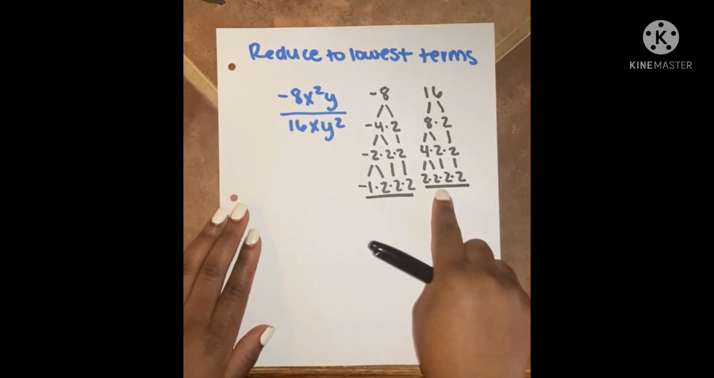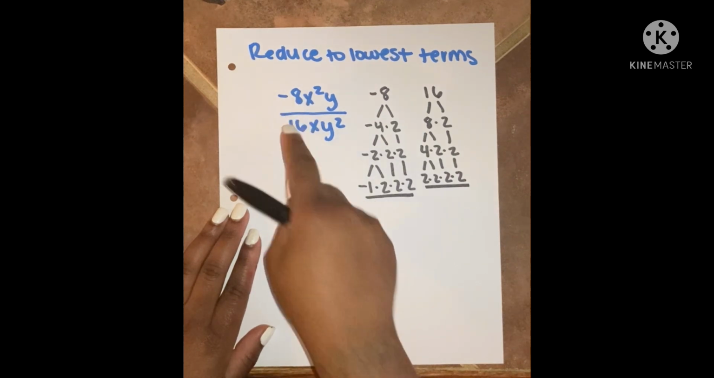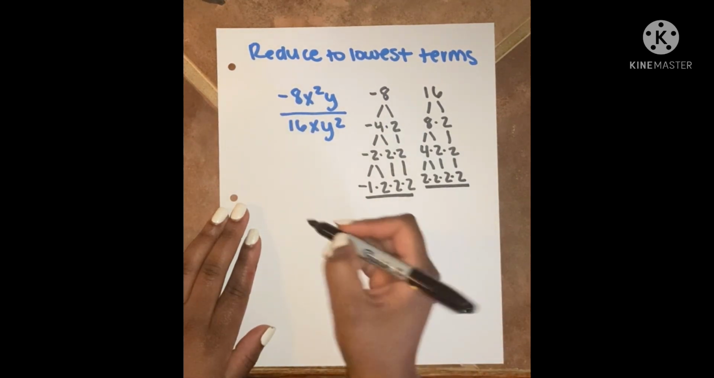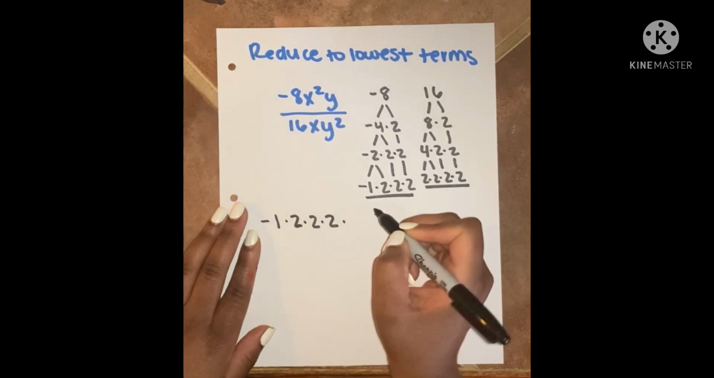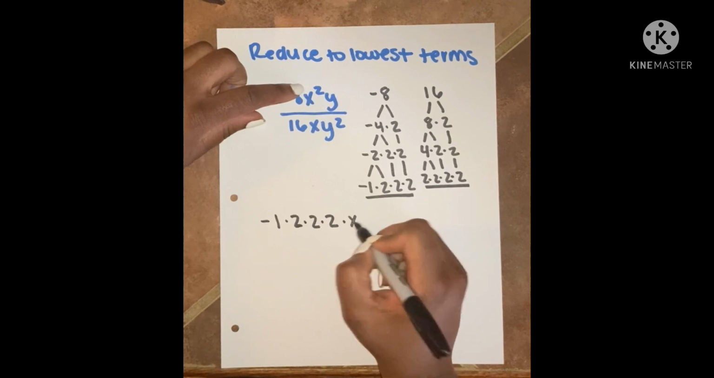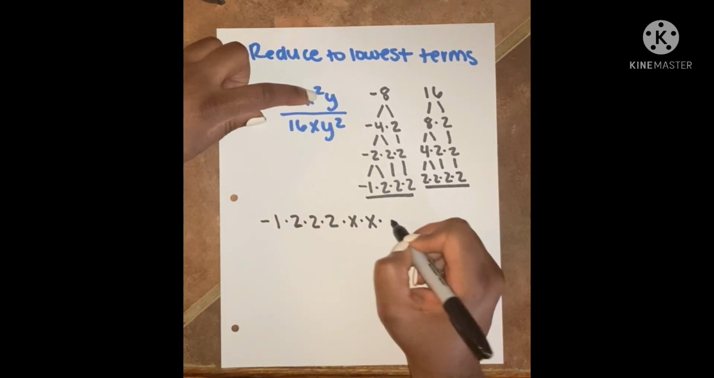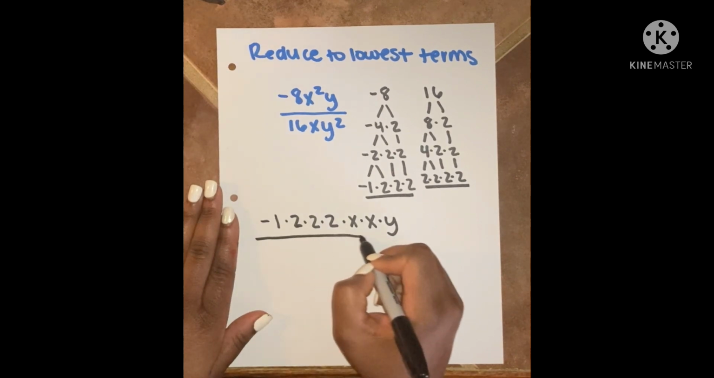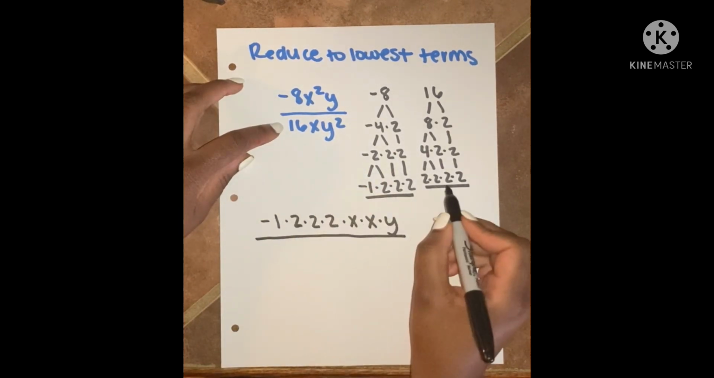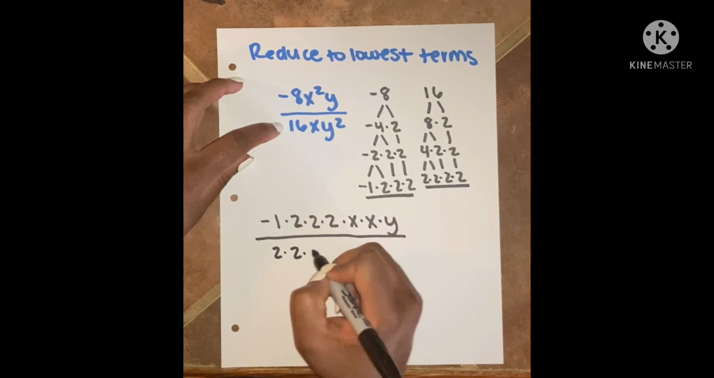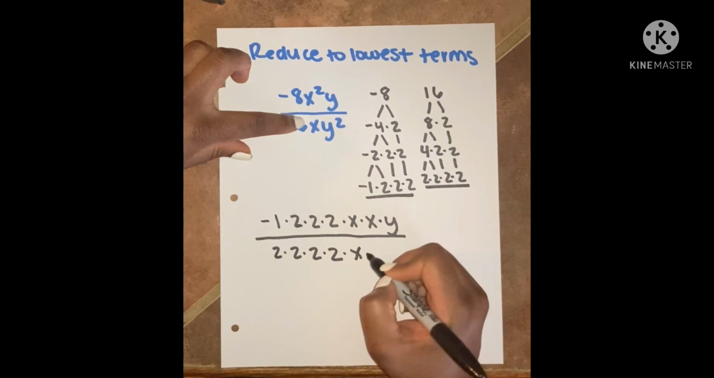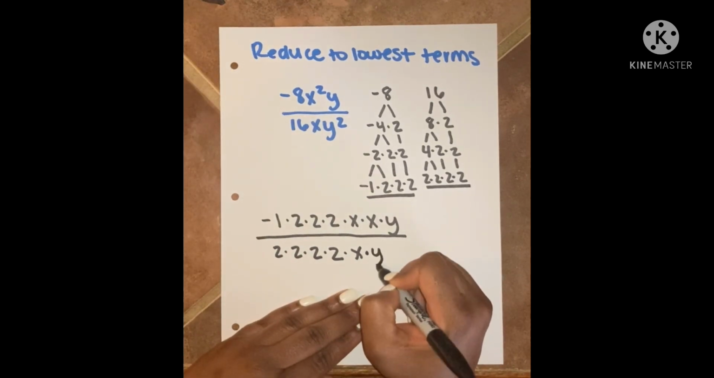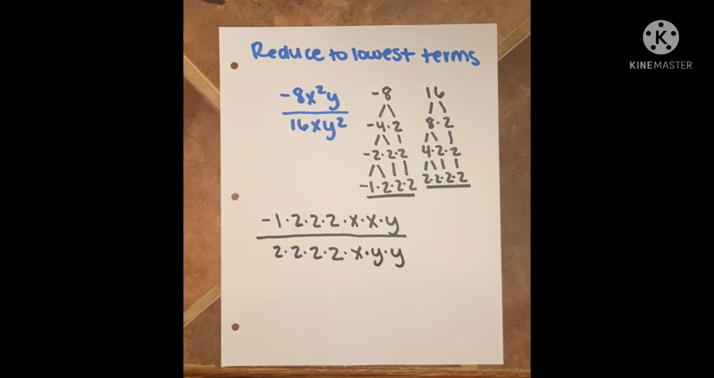So we're going to add this factorization in our rational expression. So we have a negative 1 times 2 times 2 times 2 times x squared, which is x times x, and y. Okay, and we have 16, which is 2 times 2 times 2 times 2 times 1x, and y squared is y times y. So now at this part of our problem, we are going to cancel out, but we're going to cancel out in pairs,